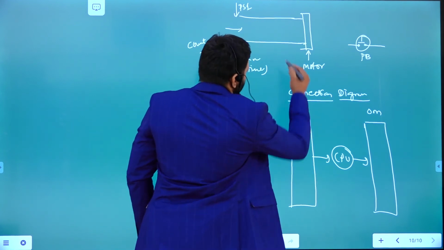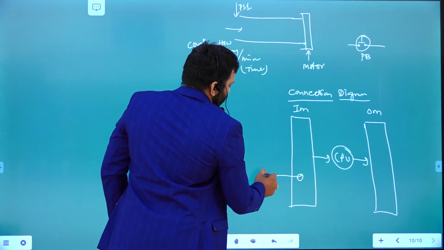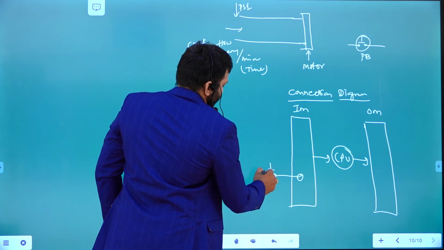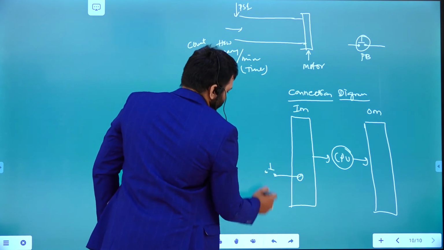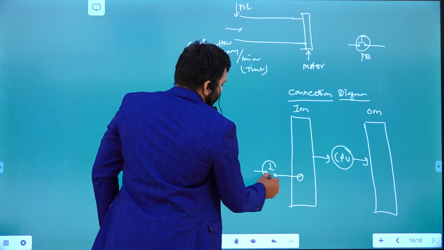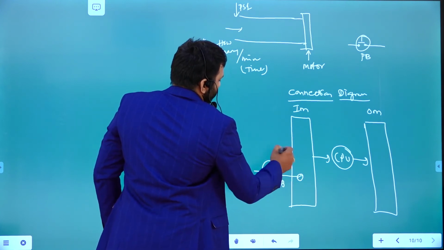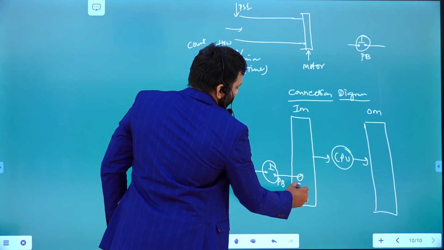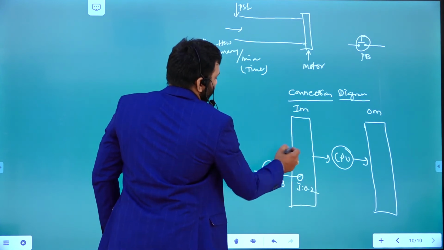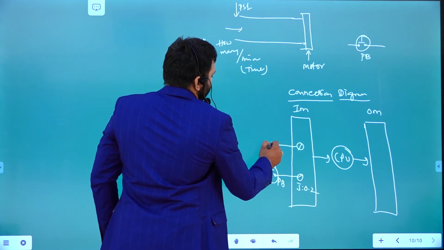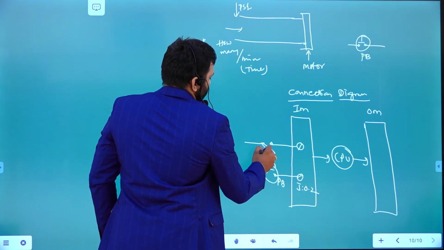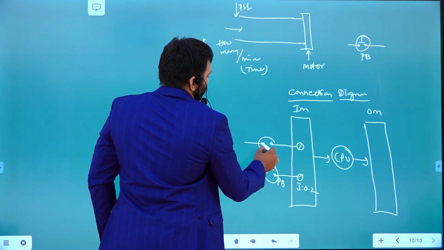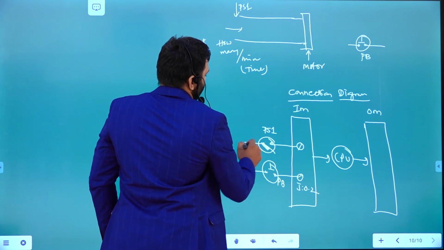So how many sensors are there? This is the one push button, the master control, connected to the terminal number, for example 3, right? Another is proximity sensor 1, right?